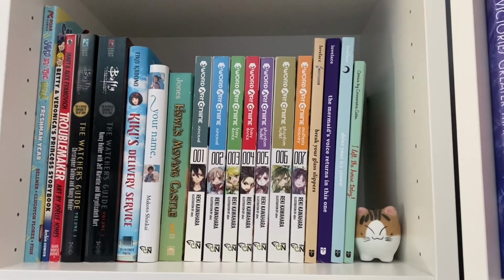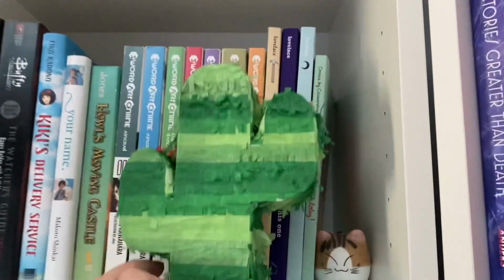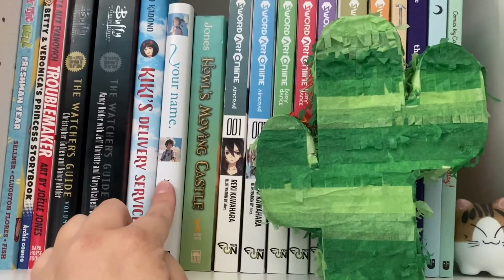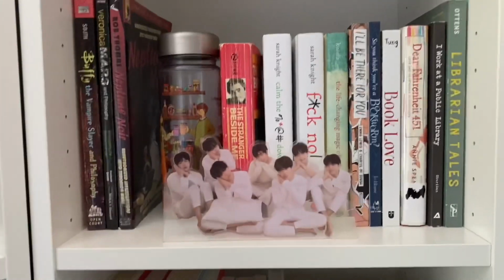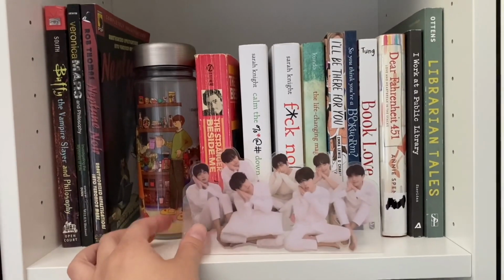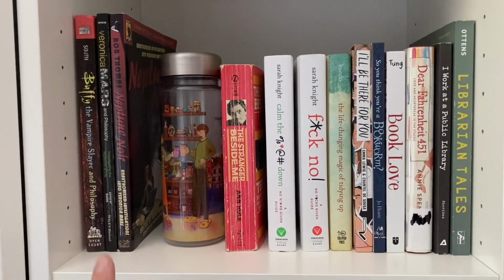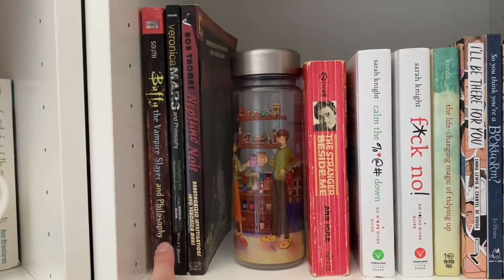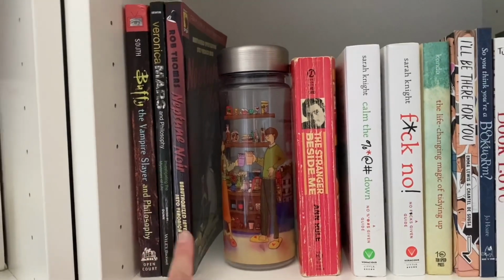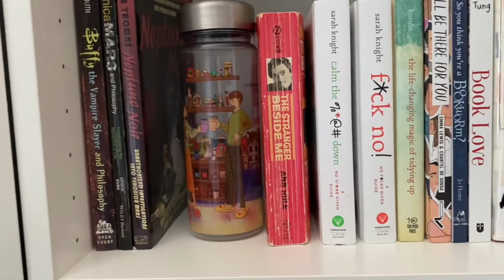So I also have poetry and comics, and I love this movie. I haven't read the book yet, but it's so good. Here we have little BTS stand guys. Okay, and here we have the books that are philosophy: Buffy and philosophy, Veronica Mars and philosophy, and Neptune Noir, which is a Veronica book. And this is